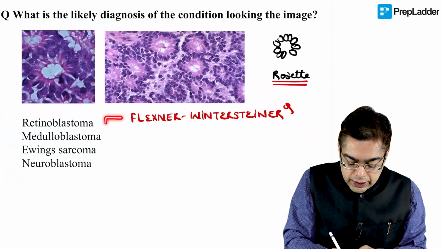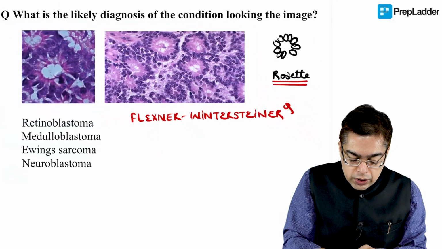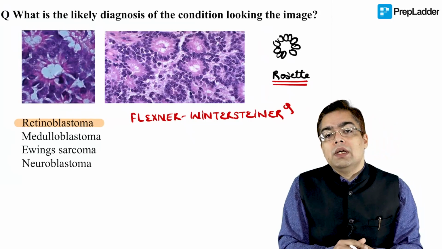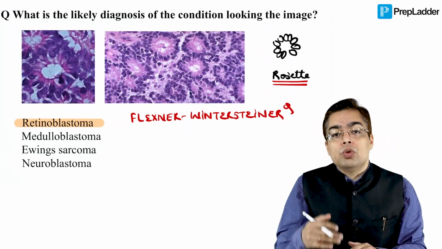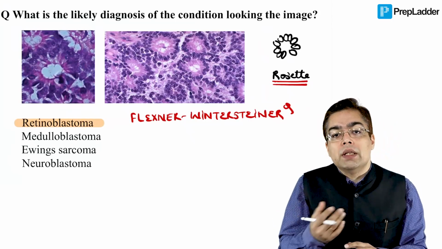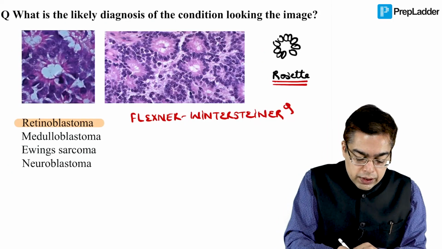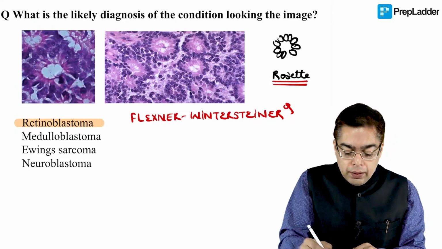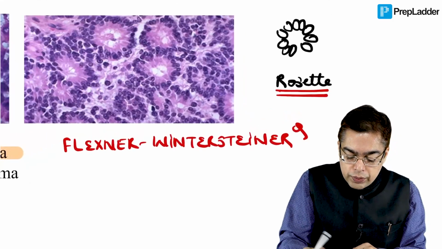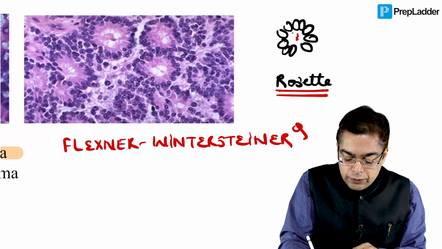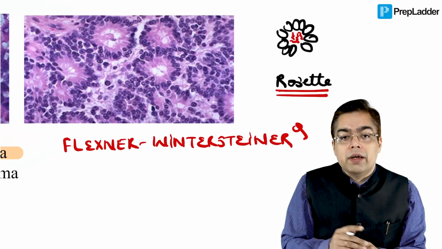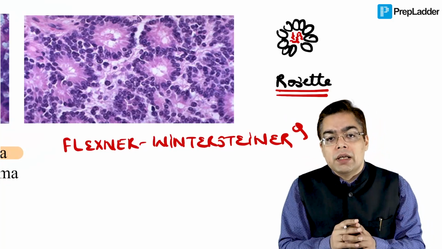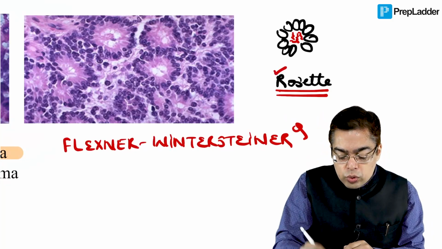And this kind of rosette is classically what you see in a patient suffering from the condition that he wanted you to answer correctly over here, which is retinoblastoma. Now, just to cater to a question which they may ask you in the subsequent exam, you can have a situation in which you have a flower-like pattern of the tumor cells, but what is given in the question is the presence of certain types of fibrillary material over here. If there is an empty lumen over here, it is a true rosette. If there is a fibrillary material present over here, you cannot call it a true rosette then.